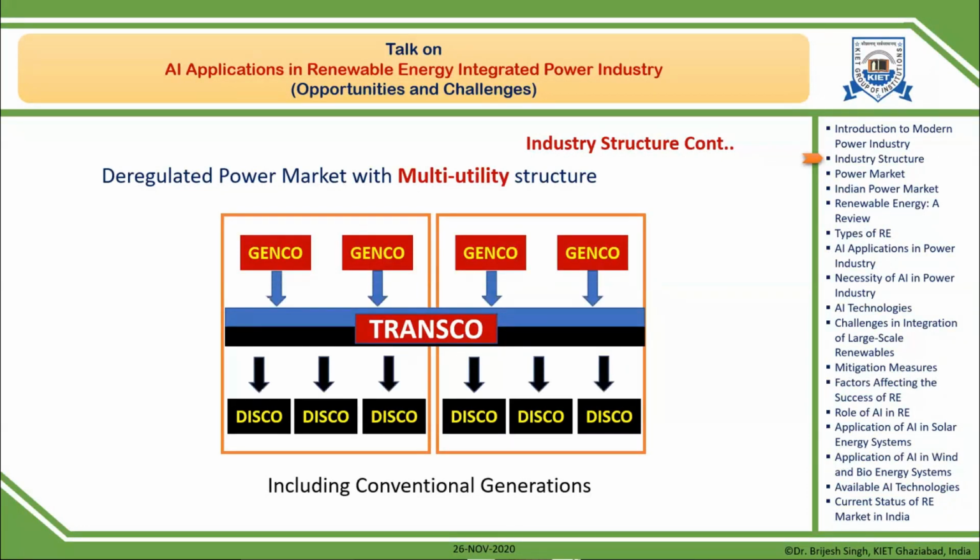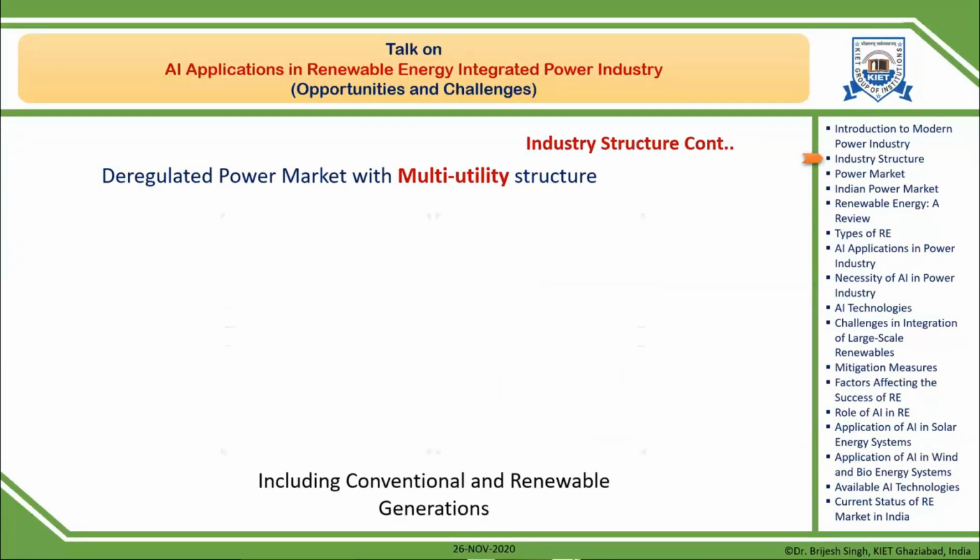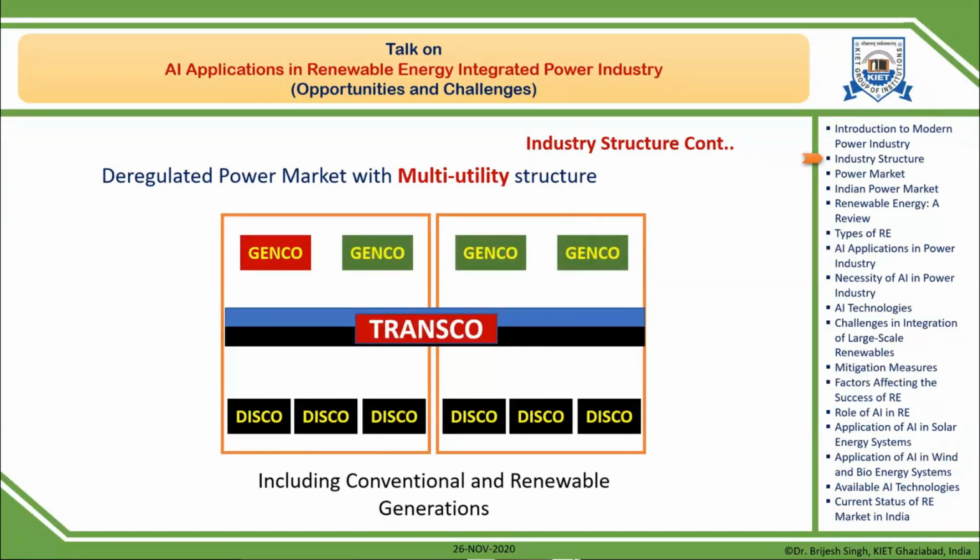And after filtering the critical information from all the things, then you can make a business model or a marketing strategy. So a lot of opportunity came into the picture for each and every kind of people, means not only electrical people have opportunity, other disciplines also have opportunity to do some creative work in this type of market. Now when renewable energy came into the picture, these renewable energies have both the opportunity, either